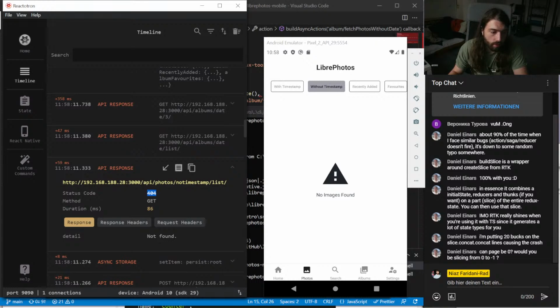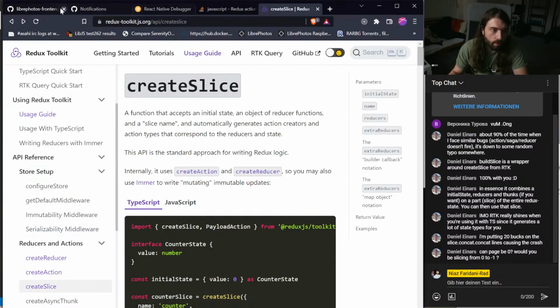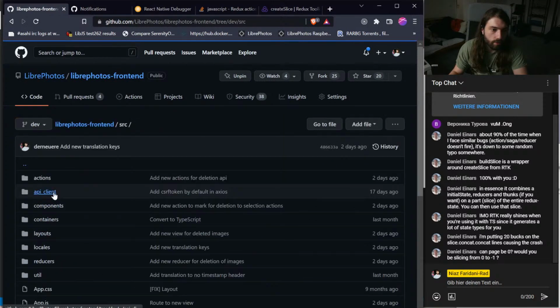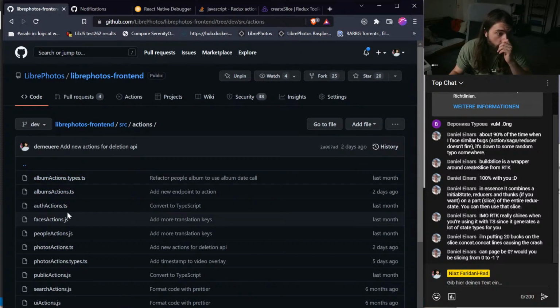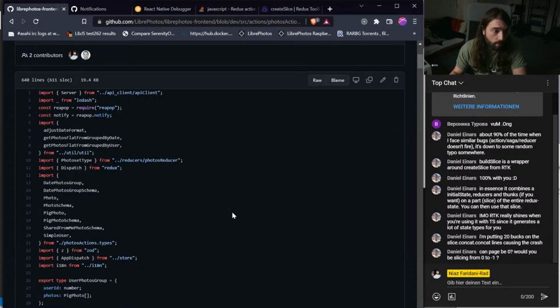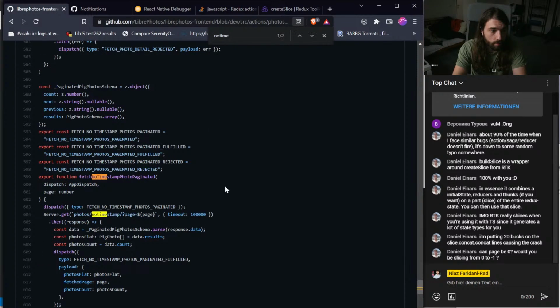And yeah, let's look up how we did it in the front end. So let's go to source and then actions, and then I think it's in photo action. No timestamp. Right.